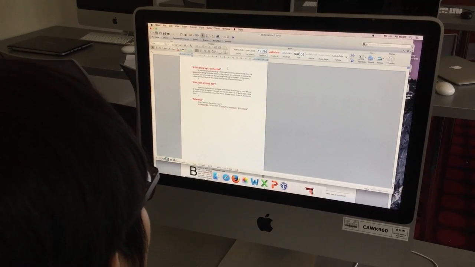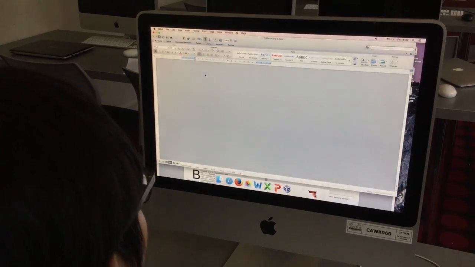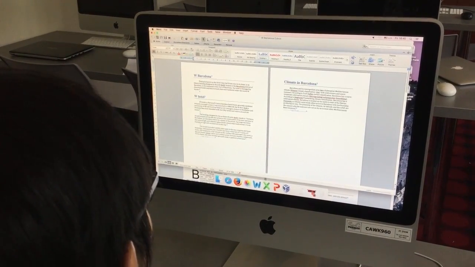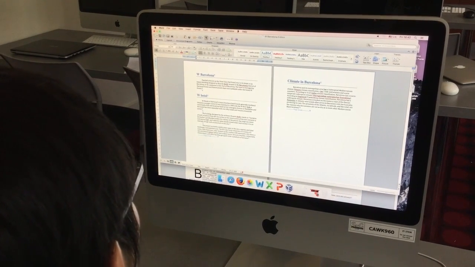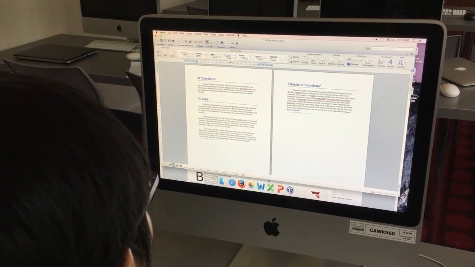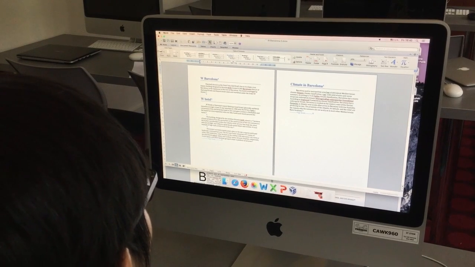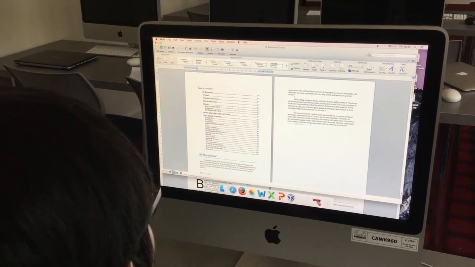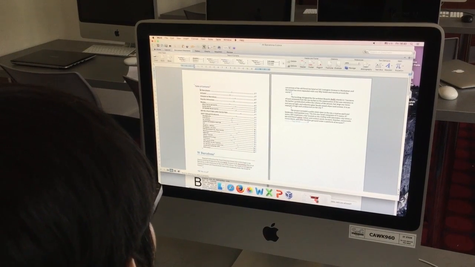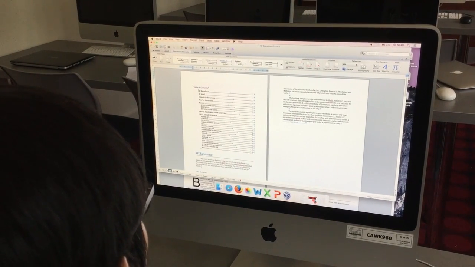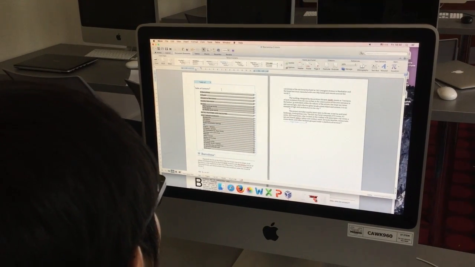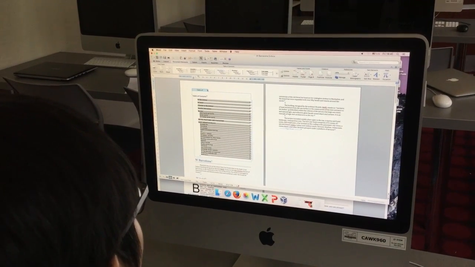So after you finish applying all the styles, then you can start to make the table of contents. The table of contents you can find in document element. Click on it and click on any style you want. For example, I want this one. Then you can find out that it automatically helps you type in every title and subtitle you have. And then if afterward you're adding anything in it, then you can just